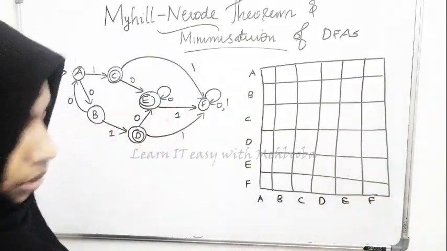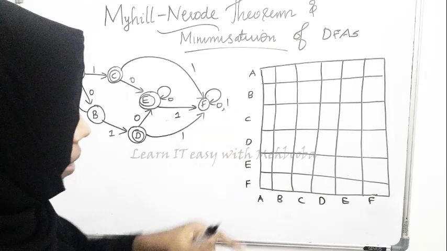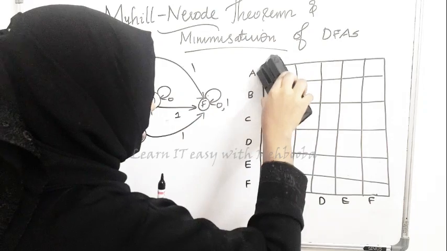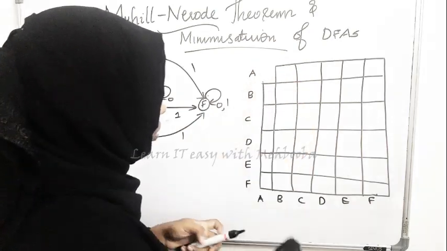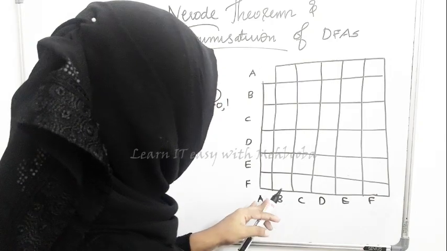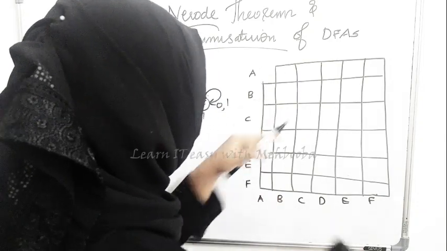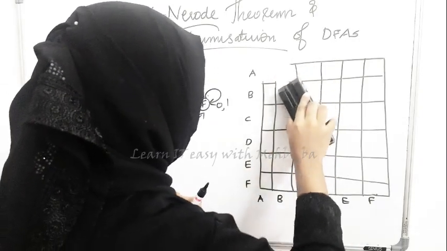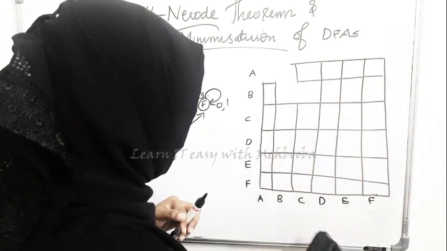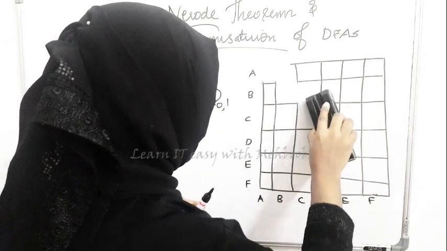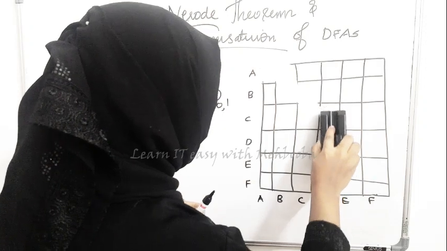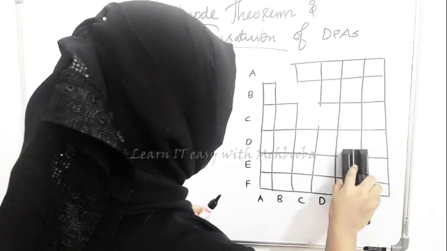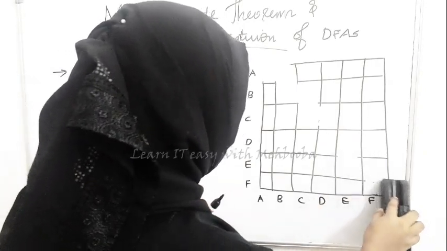Now if you look at this table, you can see that A and A is present. We don't need A and A to be compared, because definitely A and A are equal, no doubt in that. Now B and A is present in AB here and BA here; we can avoid this BA. Now B and B need not be compared, so we can avoid this cell also. Similarly C and C, D and D, E and E, and F and F need not be there.